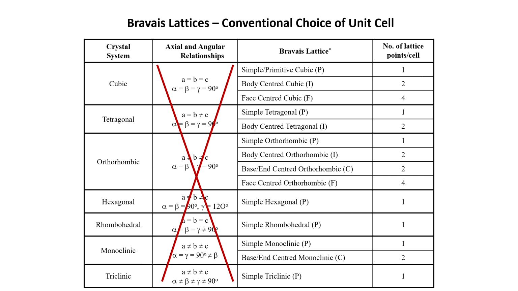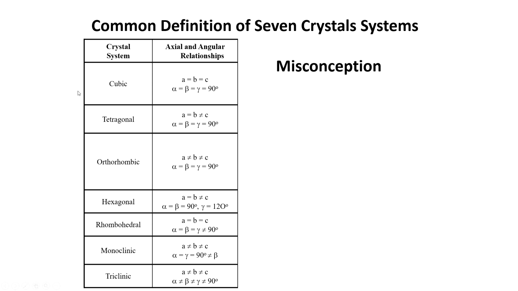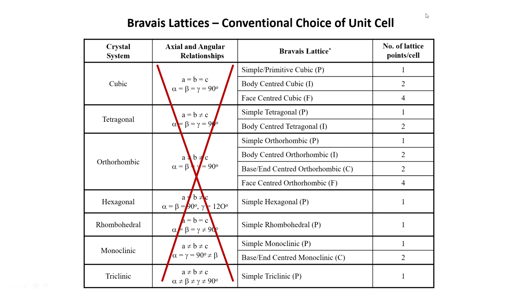and then extend this, that in these crystal systems now we put the lattice points according to what we had shown here. We have 4 possibilities: lattice points at corners, lattice points at corners and body centered, lattice points at corners and end centers, and lattice points at corners and centers of all the faces. If I have 7 crystal systems and 4 possibilities of putting the lattice points, therefore I should have 28 lattices, but you will note that in this list, for cubic I have only 3, I do not have 4.